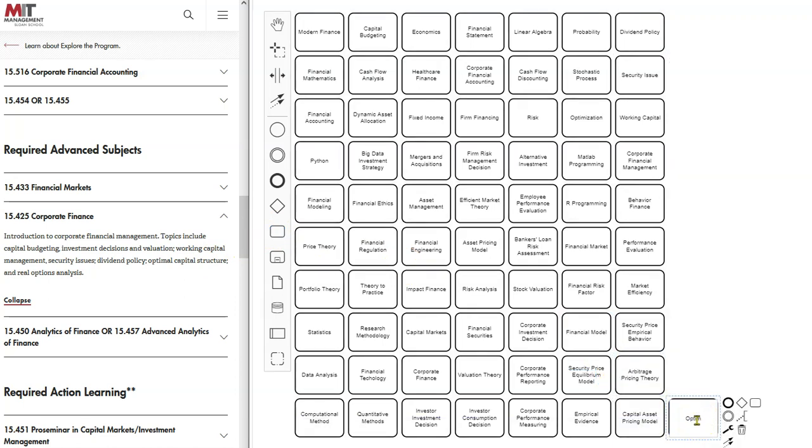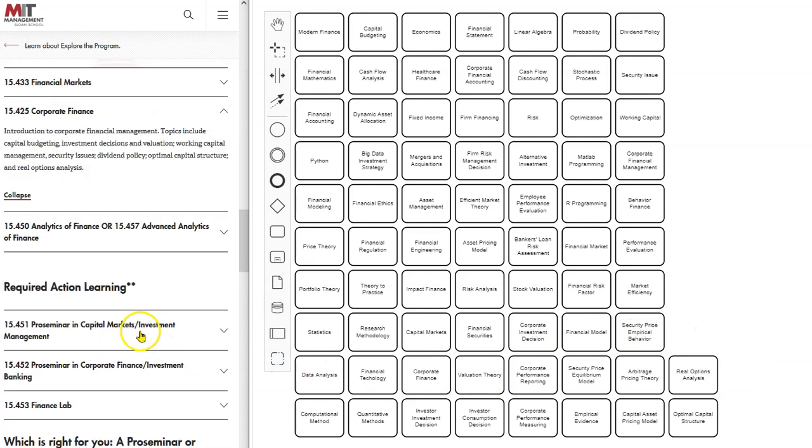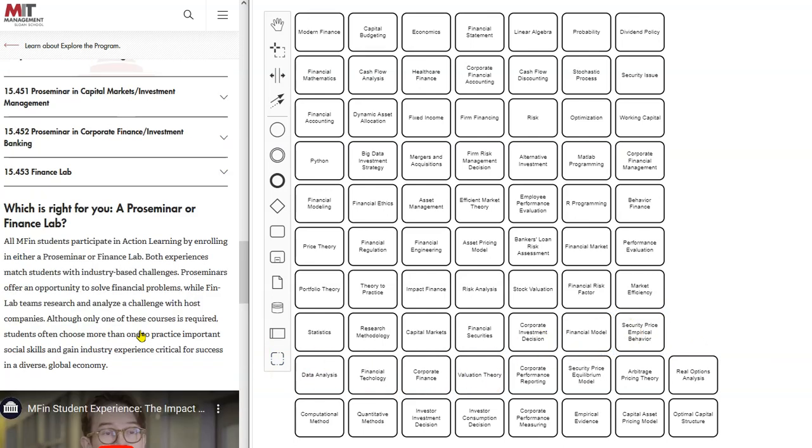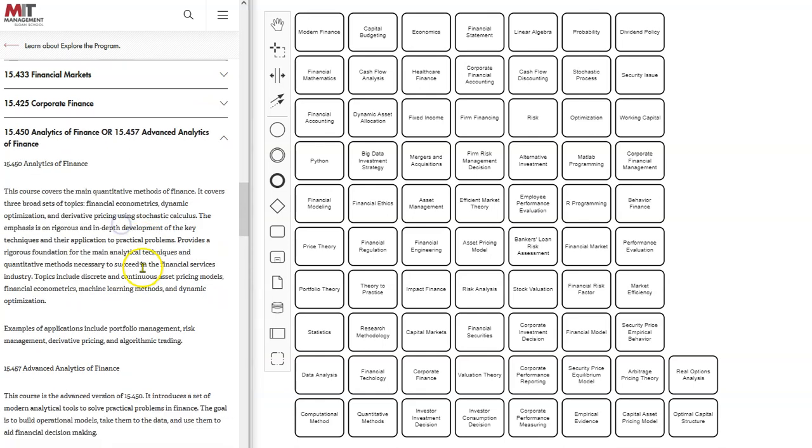Optimal capital structure. We have optimization, but now we have optimal capital structure. And we have real options analysis. Alright, so we have a few more here. Now we're on to the